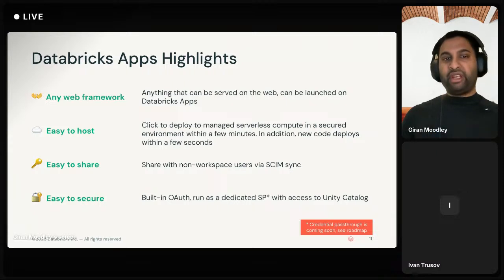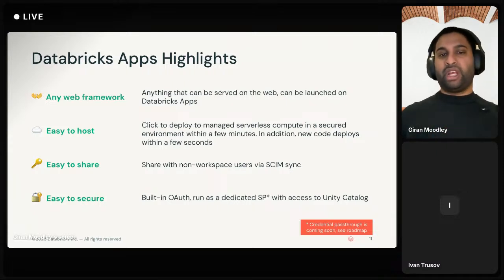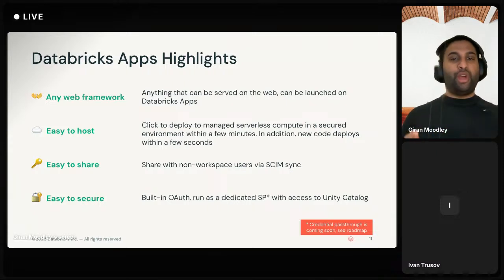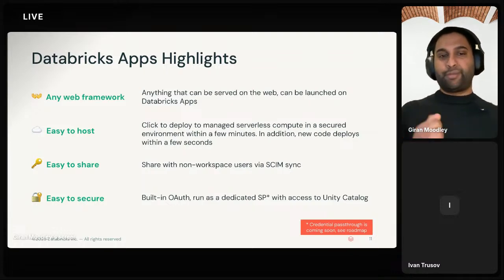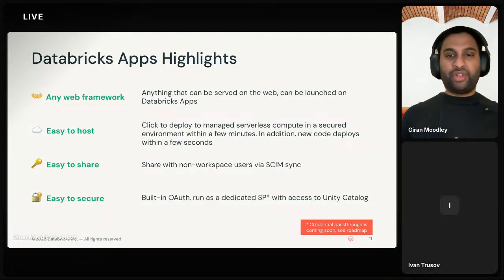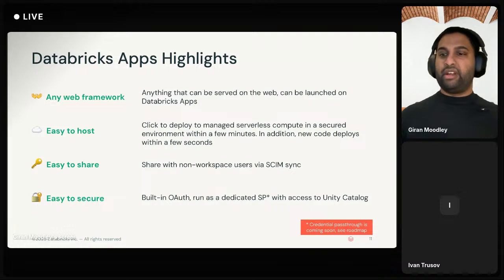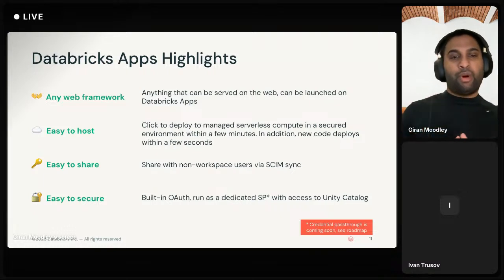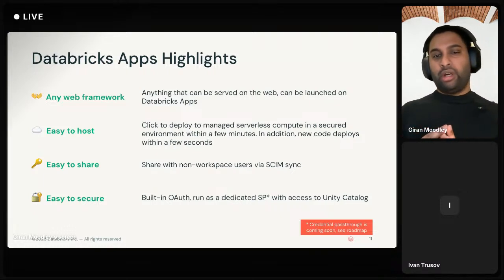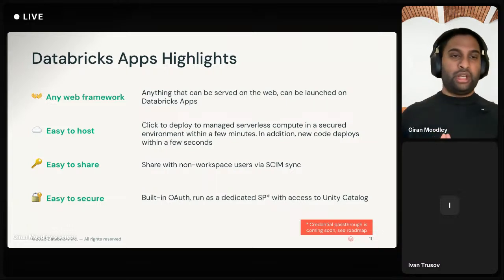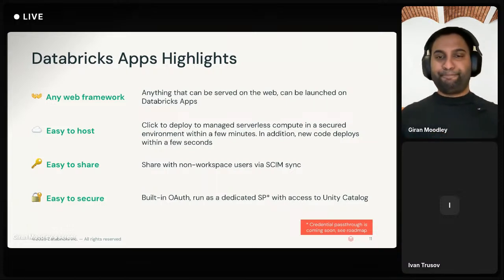And with everything in mind, security is the utmost important capability for our customers. So you have this from day one, including things like OAuth authorization and a dedicated service principal, which has UC permissions. There's no need to build a whole new governance model, just use the existing toolkit that's available. We'll also talk about what it means from a user-based credentials perspective a little bit later on in the presentation today as well.